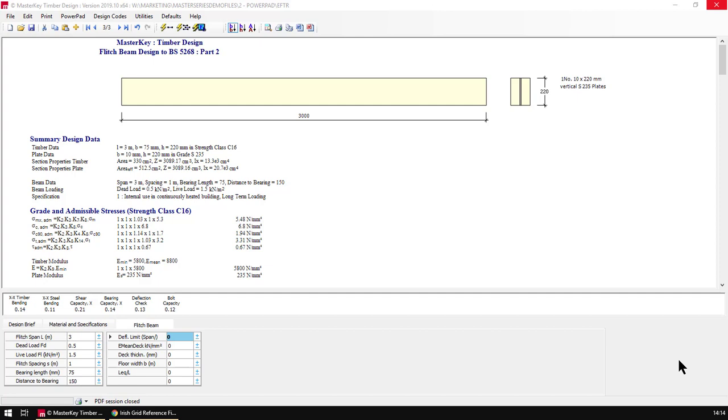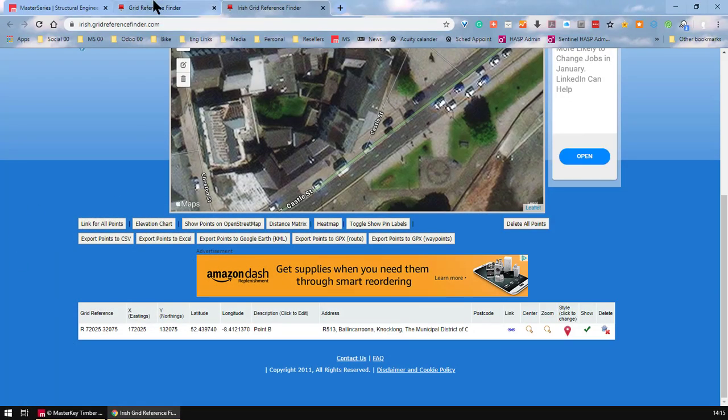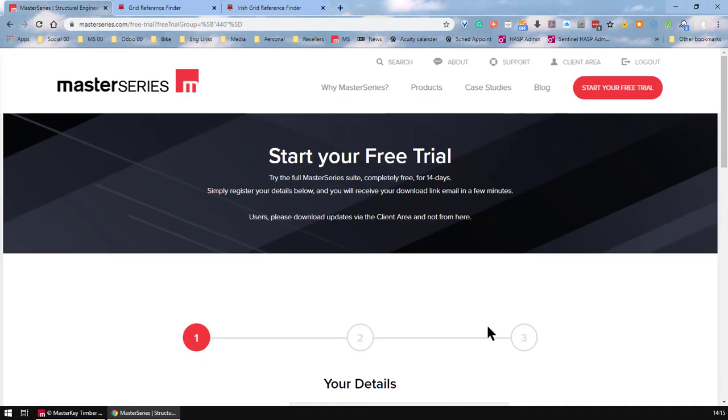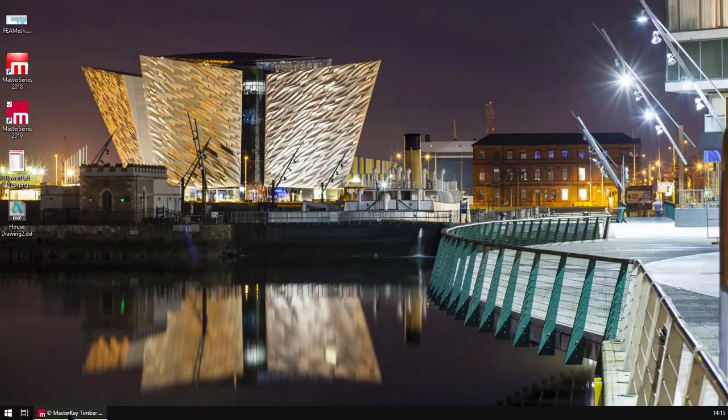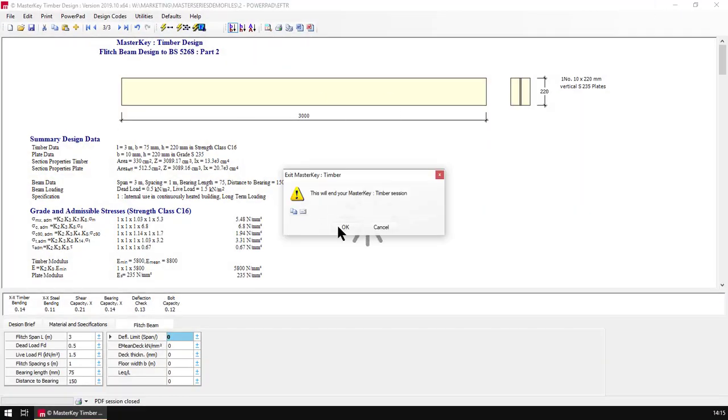Ladies and gentlemen, that's about it. I think I've covered all of the questions. It's been very, very useful. As I say, if you want a demo of the software, just go and request your demo. If you're already using the software and are wanting more guidance on how to do things, just go back to